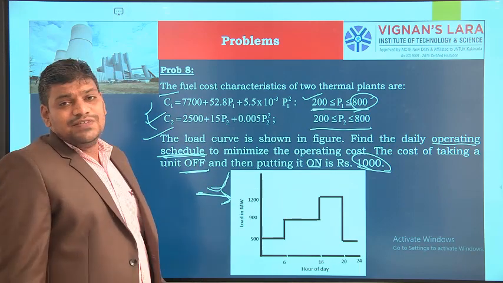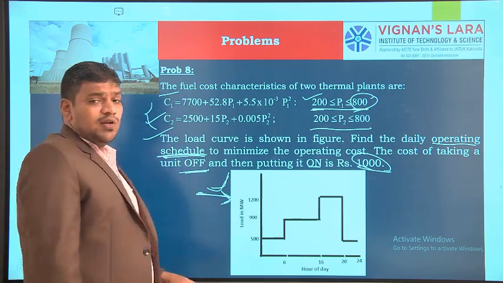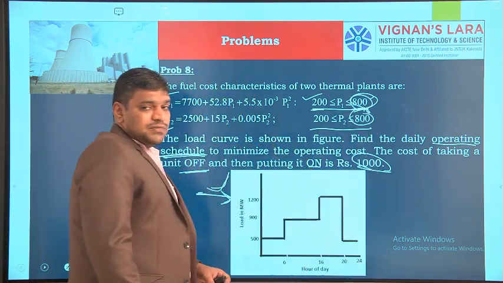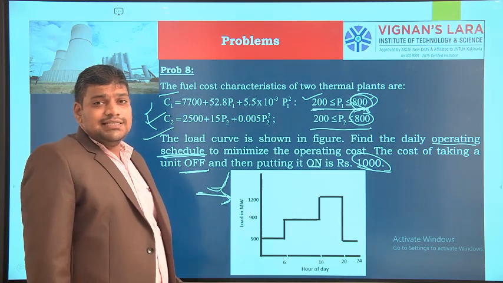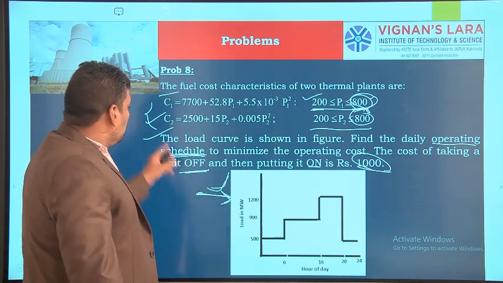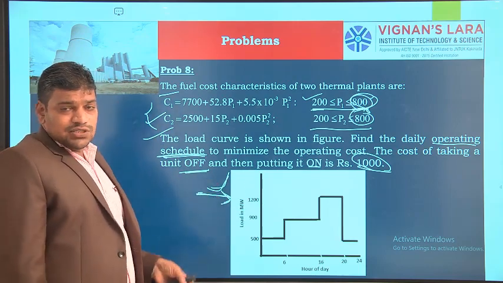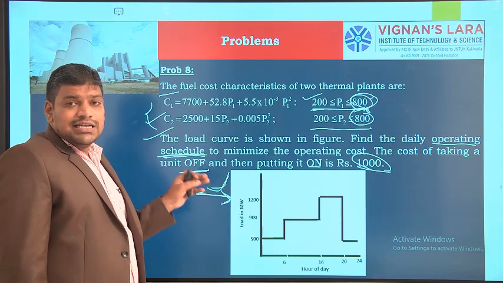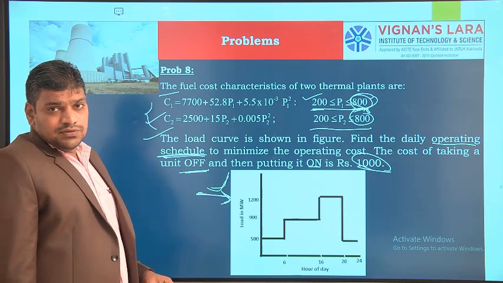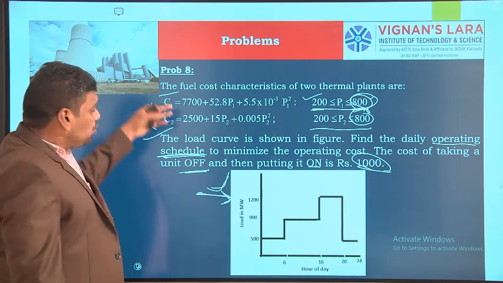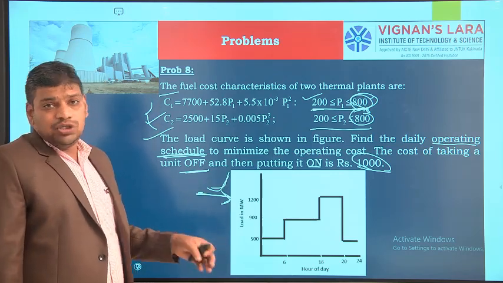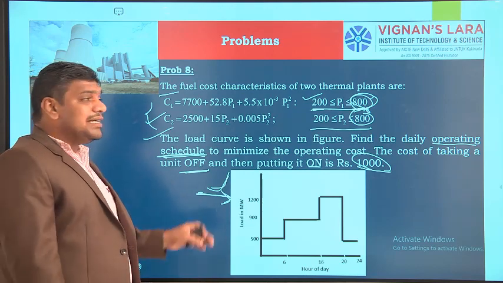By making use of a single unit, it is not possible to meet a load of 1200 megawatts, since the maximum generation by a single generator is 800 megawatts. Therefore, both the generators have to be involved to meet the demand. So the economic operation has to be performed to dispatch the 1200 megawatts among the two generators. There is no scope of using a single generator.